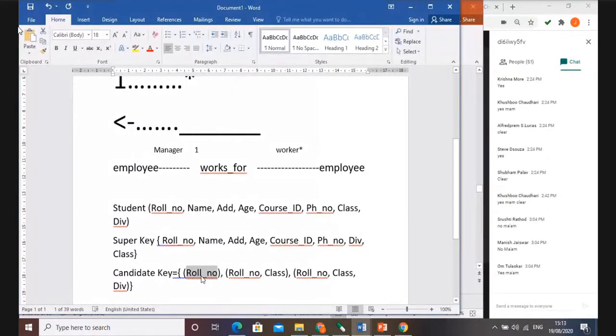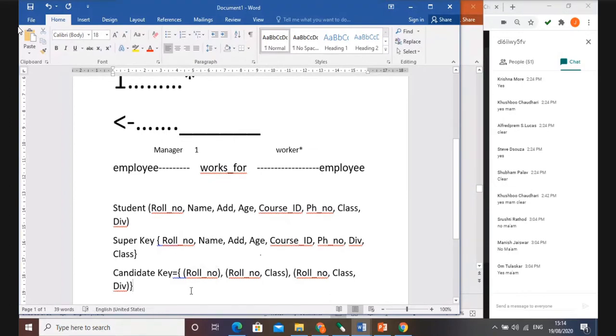Now suppose I know that the roll numbers in a class are totally different, not like 1, 2, 3, 4. Like right now the way we have a unique number till you pass out, right? So then I don't require class or division or anything. Only roll number is enough. So I will select the roll number as my primary key. In some cases, I find that roll numbers are not sufficient. I require class, so I will select that as my primary key. So it depends on your situation. From your identified candidate keys, you will select one candidate key as your primary key.